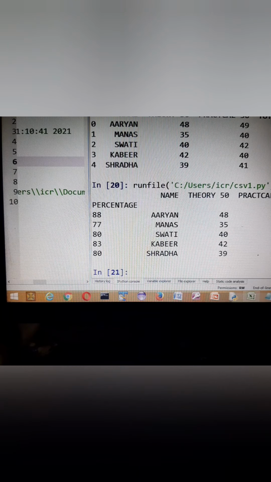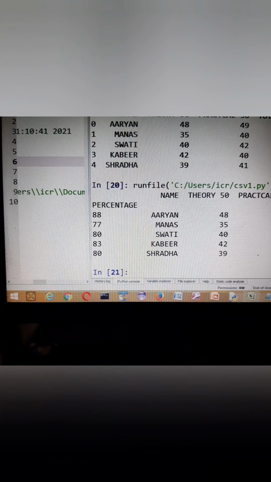So there also they have given index underscore call is equal to EMP number. Fourth example is saying write a program to read from CSV file employee.csv and create a data frame from it. But the data frame should not use the file's column header, rather use its own column headings as EMP ID, EMP name, designation and salary. This we already know.